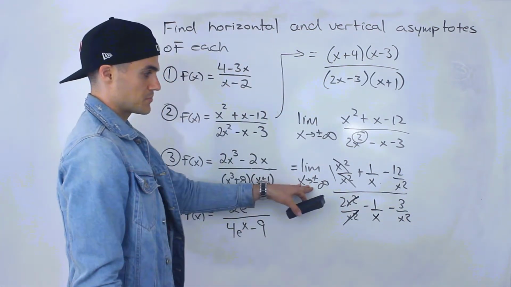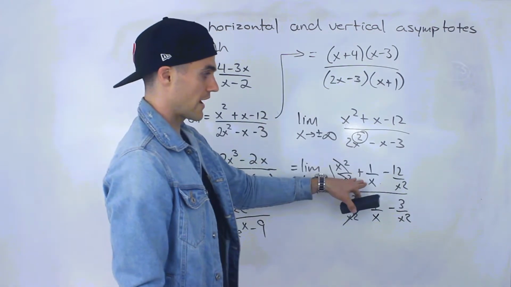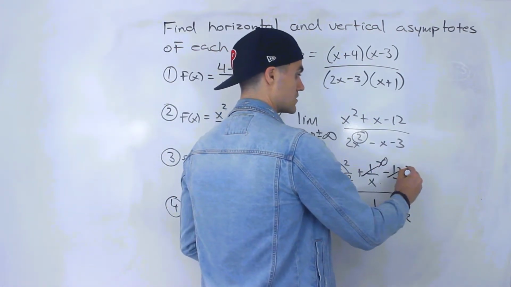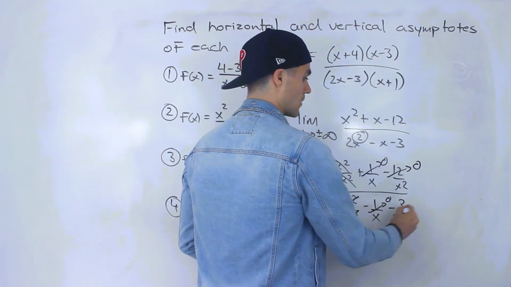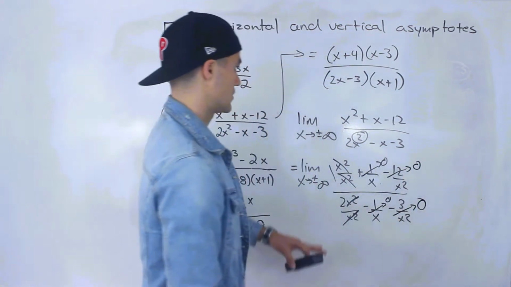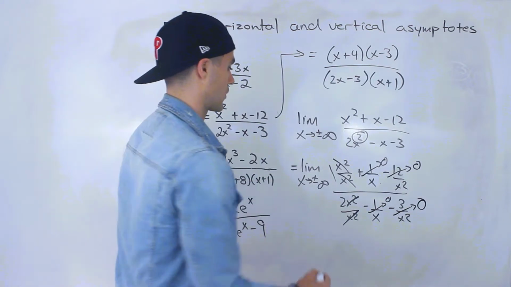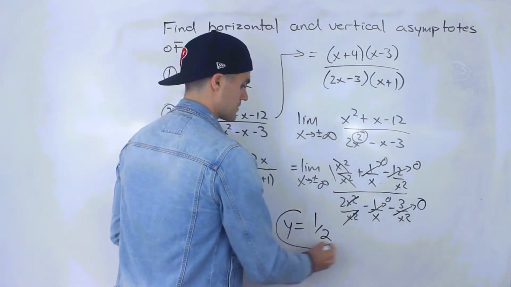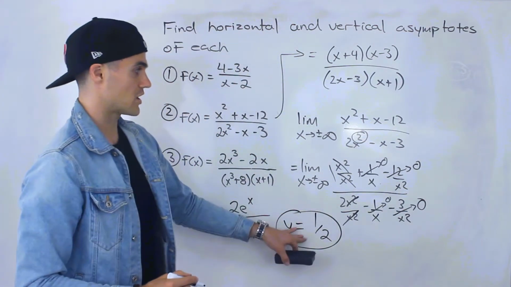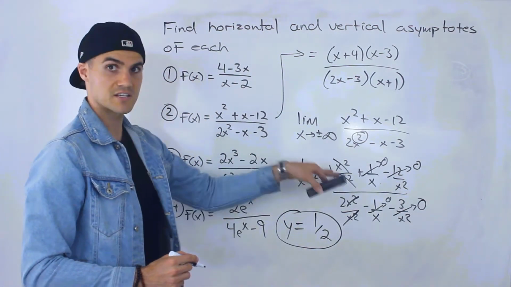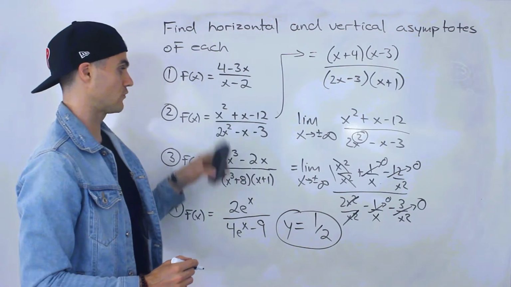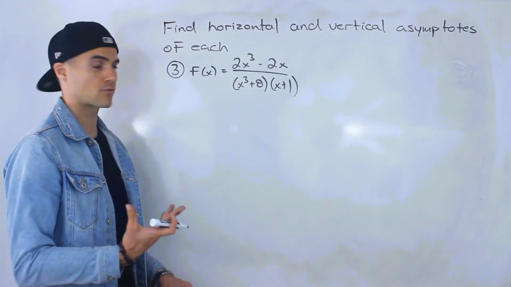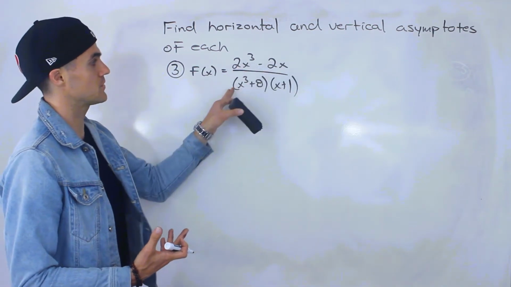So as x goes towards plus or minus infinity, remember a constant over x to the power of r, that's always going to go towards 0. We're going to have 0, 0, 0, 0. So we'll be left with 1 over 2. And that is going to be the horizontal asymptote as x goes towards positive infinity and negative infinity for this function number 2. And then moving on to function number 3, we got 2x cubed minus 2x all over